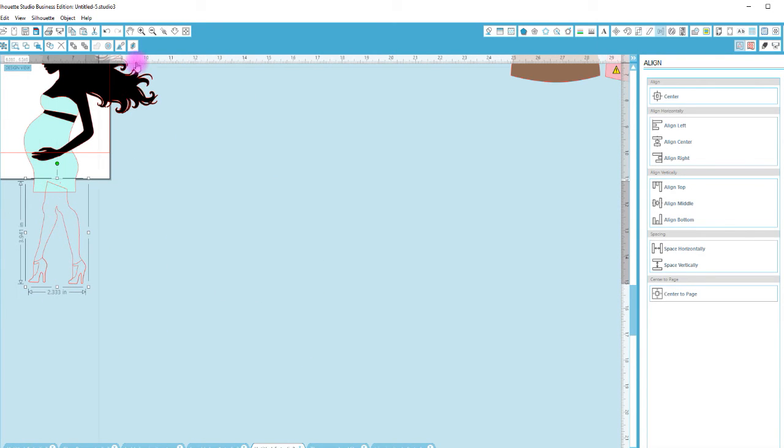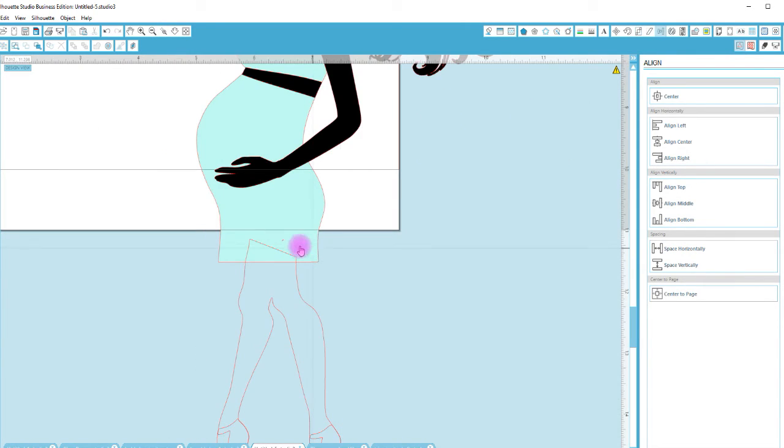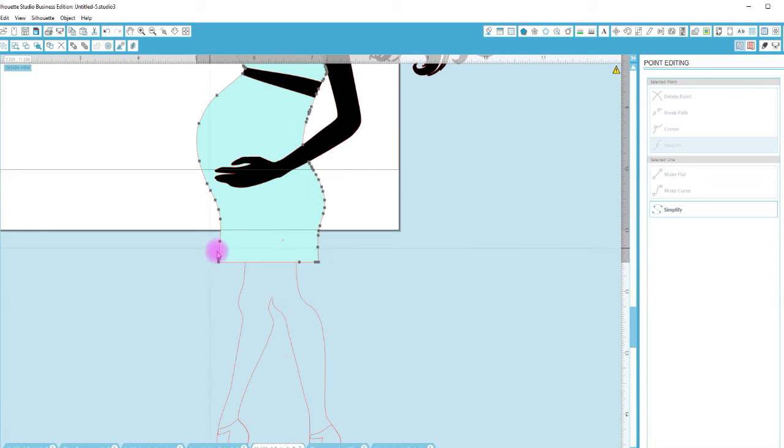Bring her over here. I tried to look at her to see how far down her legs needed to be based on her body. So now I'm going to kind of create a dress. So I'm going to send these to the back. And now I'm going to pull this one down, pull this one. And I think I have it right up against her leg. Just going to pull these down and go here,